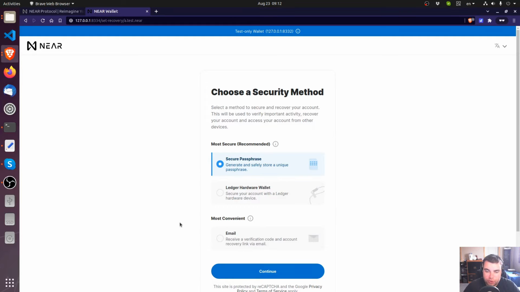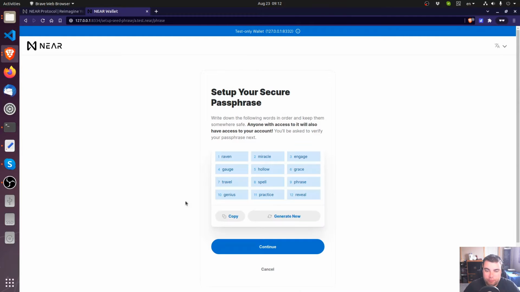I'm going to use the secure passphrase. Continue. I'm going to copy this passphrase. However, one thing I'd like to mention about developing on localhost: you will not be able to recover your account key using the passphrase on a localhost system because there's some bug and it's trying to actually get the account ID from the actual network somewhere, and it fails, and it just gives some kind of hexadecimal account name which doesn't exist. So it won't work, but we're still going to save this file